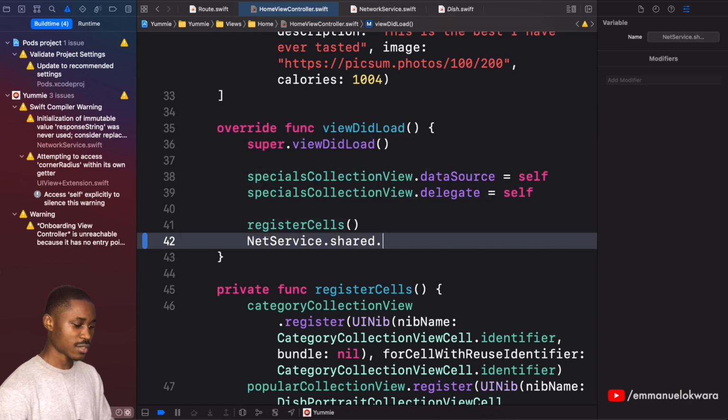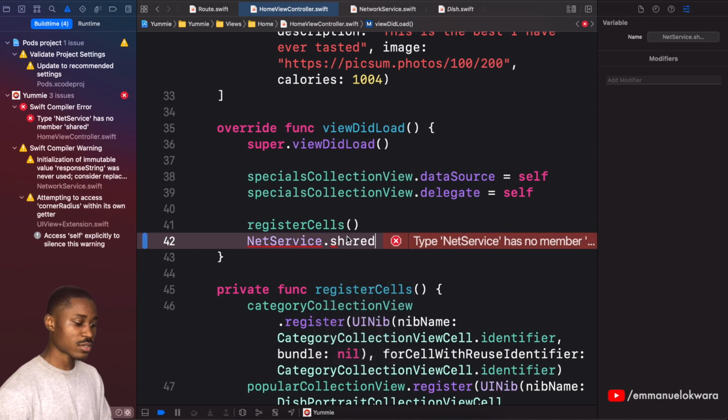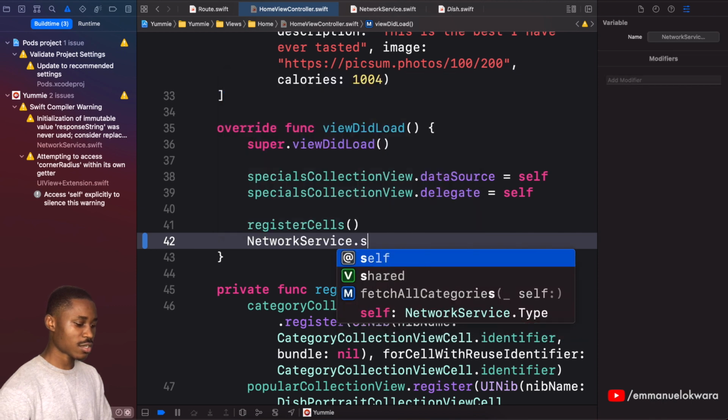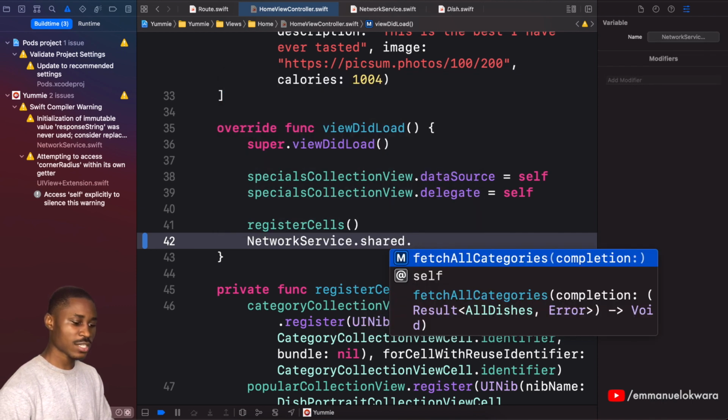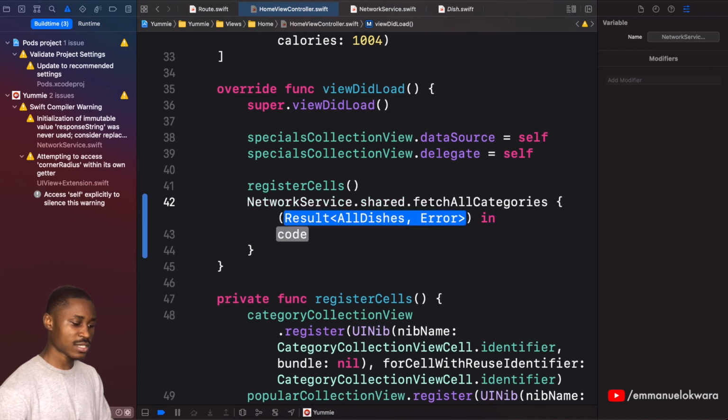I don't know why I'm not receiving it. Let me build this real quick. Ooh, I wrote net service. That's why. So NetworkService.shared, beautiful, dot fetch all. So you can see that we have that over here. When I click on this, we can see that the result is going to have the dishes as well as the error. So I'm just going to call this result,